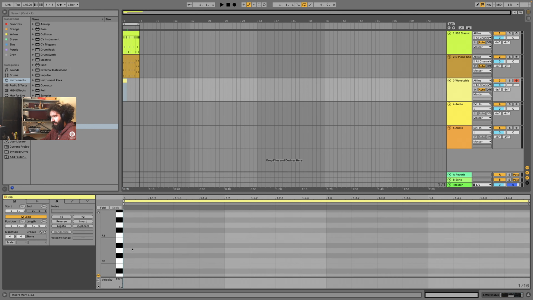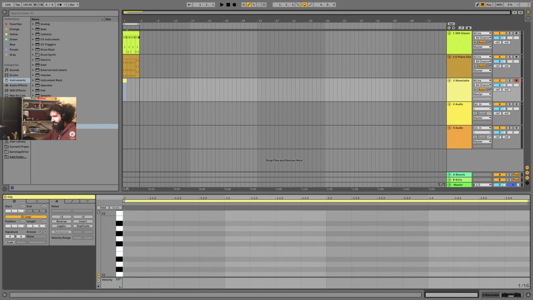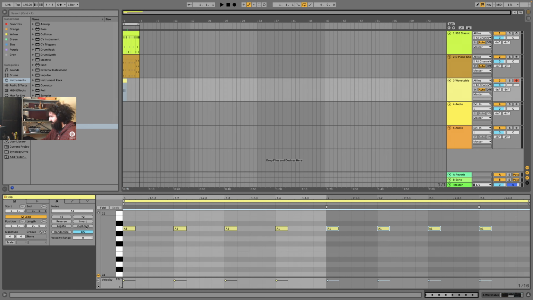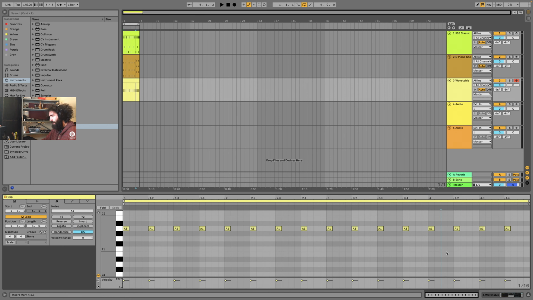Now let us scroll down to get down into the bass range. Down to A. So we'll start with the sound, then we'll make it better in a minute. So let's go and put an A just on every beat. And we're going to duplicate that once and twice. Extend the clip. Boom, boom. And then so we know that we're at A in the beginning, and then for the last bar,